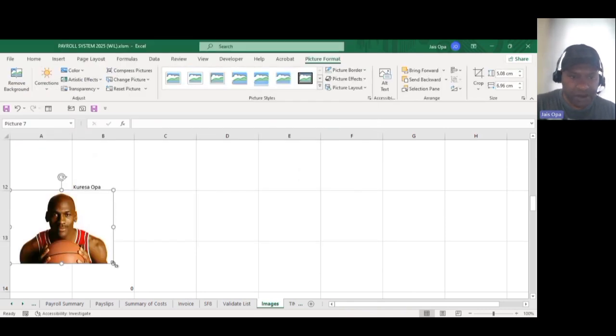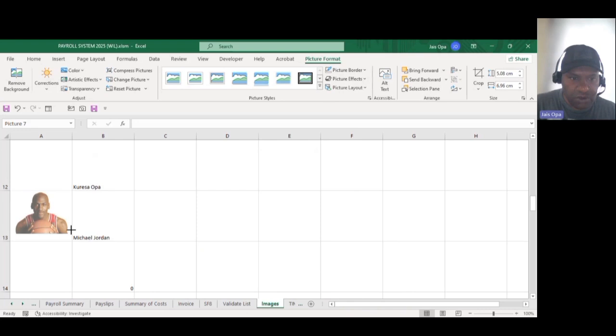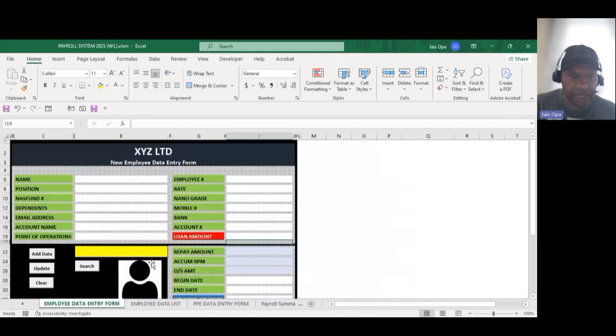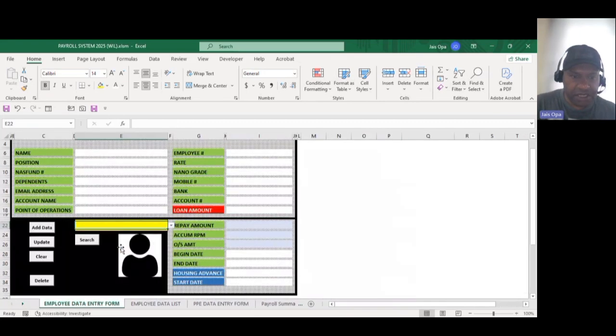Okay, there it is. Now you have to make sure that when you're adding this image in, the edges of your photo mustn't be touching the edges of the cell. Everything must be captured within the photo cell. There we go. Perfect. Now let's come back here and let's try search Michael Jordan and see if his photo